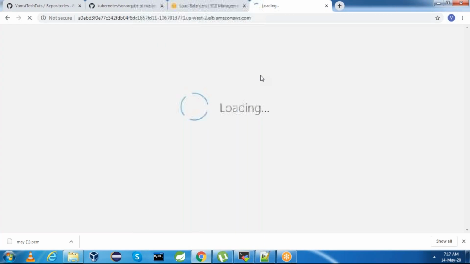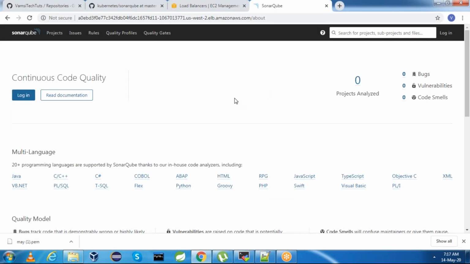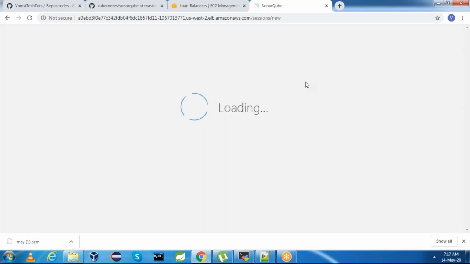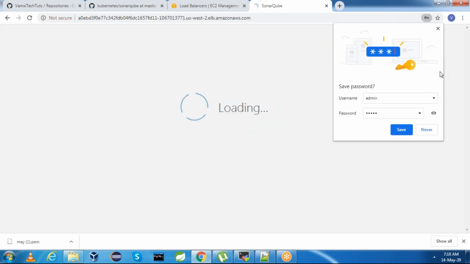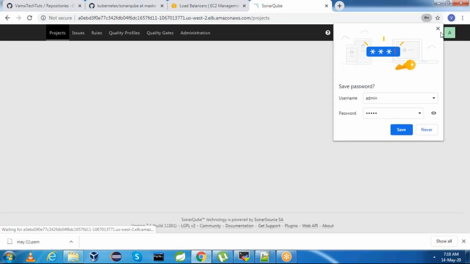Now you will get the SonarQube home page, and we need to log in. Click on login, and the default username and password is admin. Click on login. Perfect.